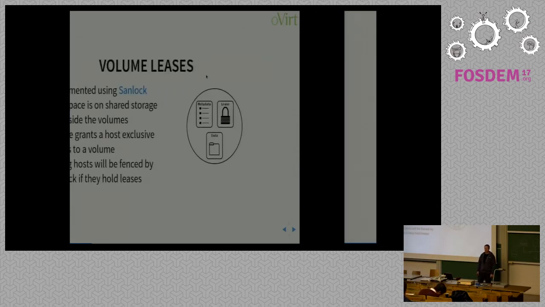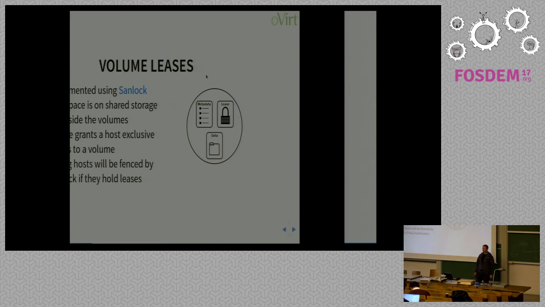In order to do these things, and again, having a storage-based approach, we have a couple of tools. The first one is volume leases. And I touched on these earlier. These are implemented with a technology called Sanlock, which we discussed last year as well. Sanlock runs a daemon on every single host that's connected to oVirt storage, and it allows the host to join a lock space on each storage domain. So the lock is maintained out on storage. Once you're a member of that lock space as a host, you can request volume leases, which allows you to gain exclusive access to the volumes.